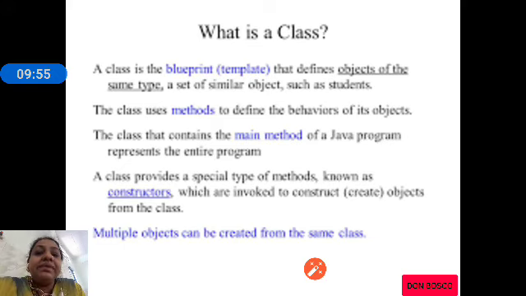Imagine there are many objects, and all objects have certain common properties. There are many students; all students will have a name, a register number, subjects, and marks. So these common properties we can represent using a class. A class uses methods or functions to represent the behavior.